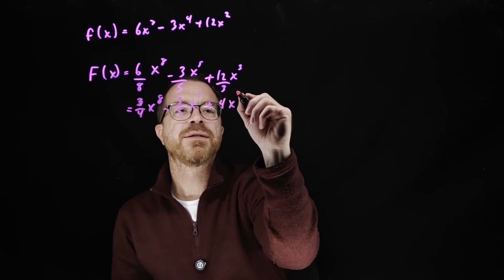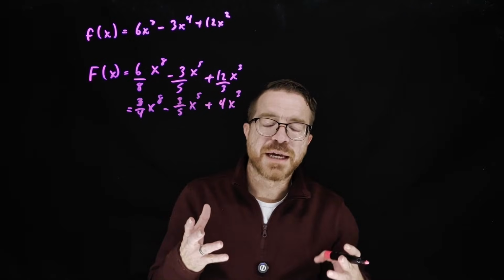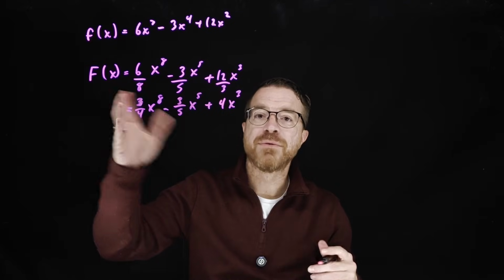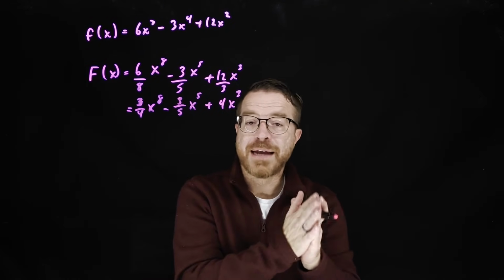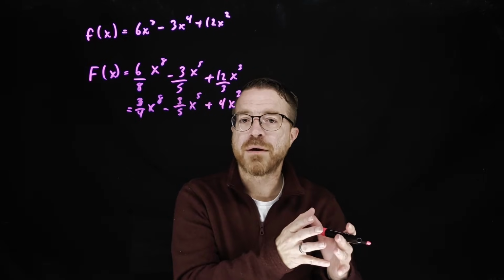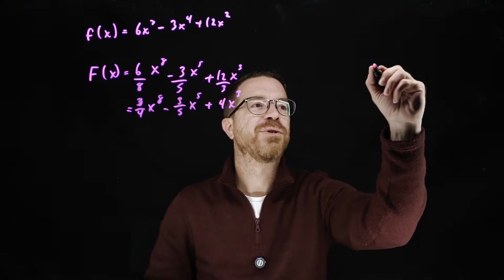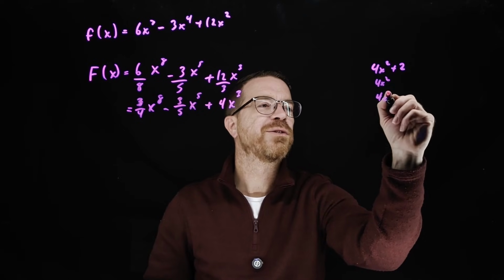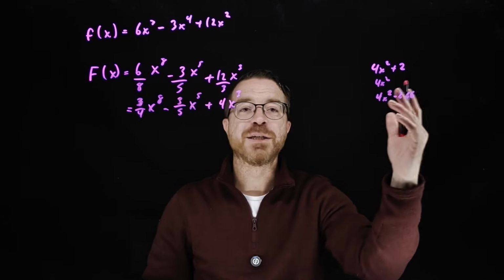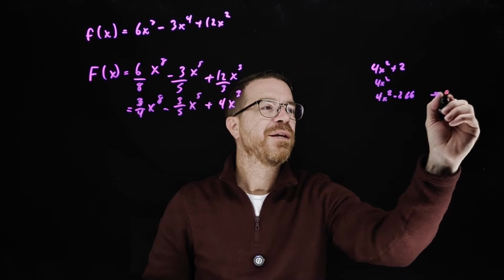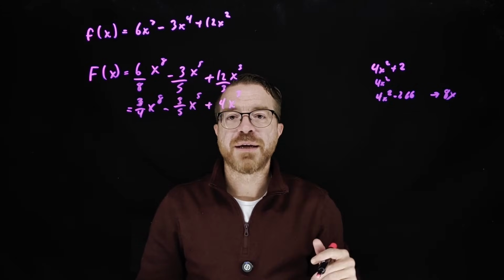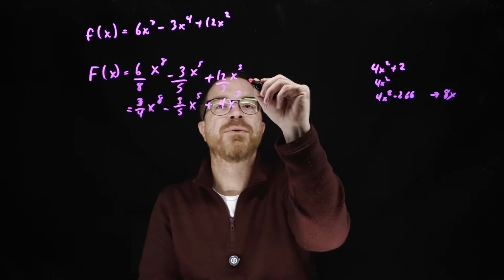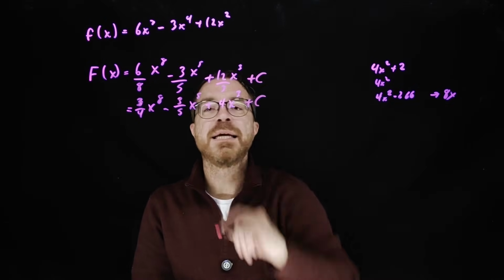give me 4x cubed. Now, usually in my classes I would ask, are we done now? Well, the answer is no, because we have to take into account that when we take our antiderivative, there's going to be some constant that is added or subtracted to it, which of course that constant could be 0. It's because when we take the derivative of 4x squared plus 2, 4x squared, or 4x squared minus 266, these would all give me the same thing of 8x when I used my power rule for the derivative. So when we do the antiderivative, we have to take into account that there's some constant c that could be